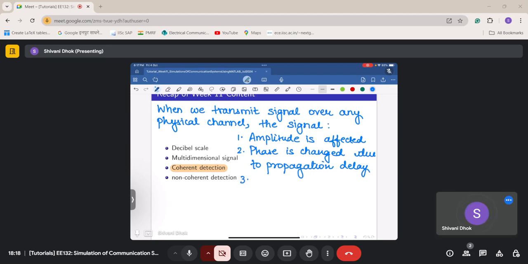Third thing, AWGN gets added. So what happens is, if I'm transmitting xn, or x is the symbol which is transmitted, then the received signal